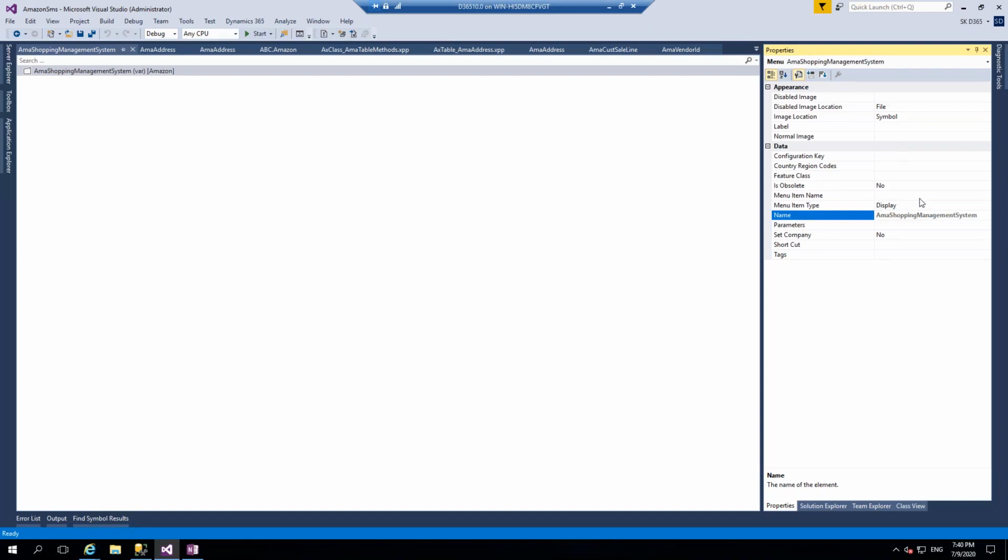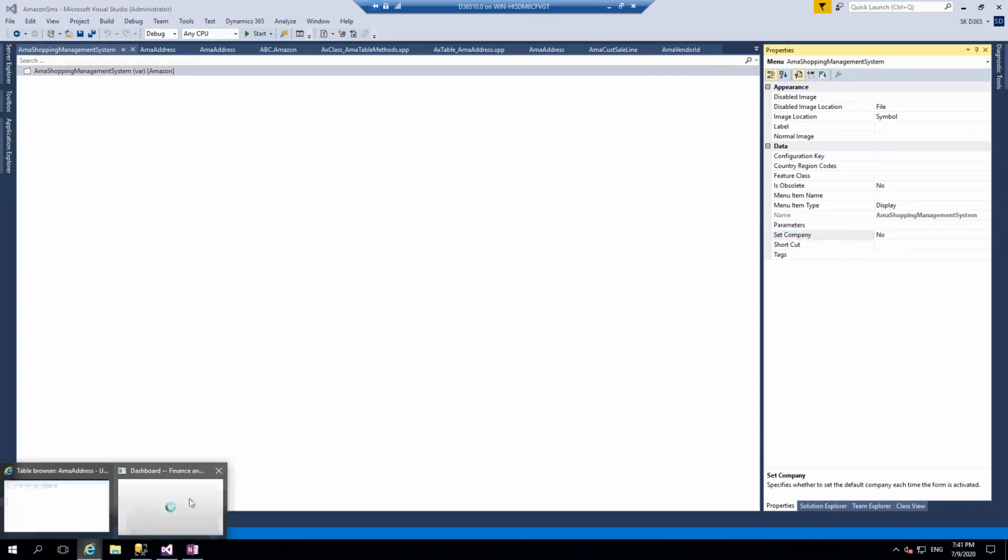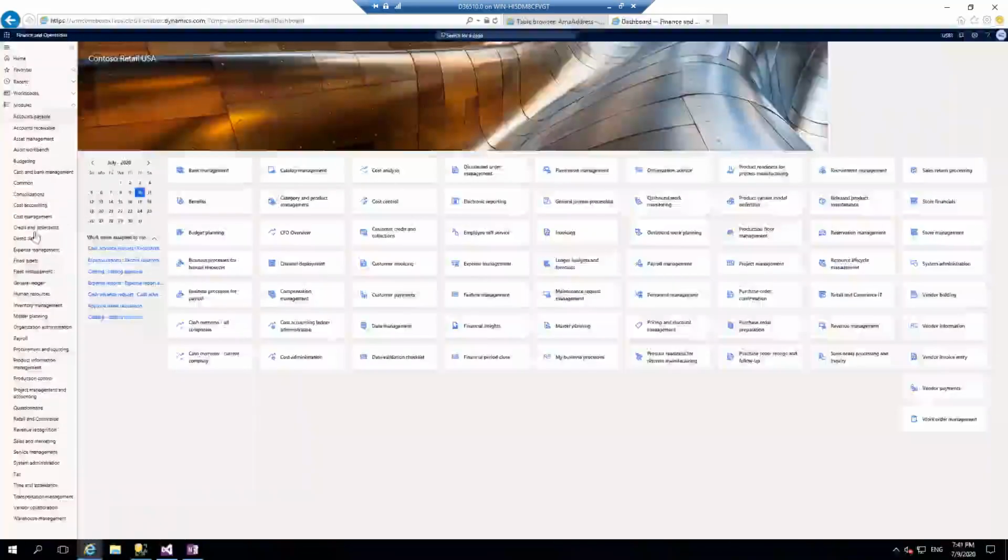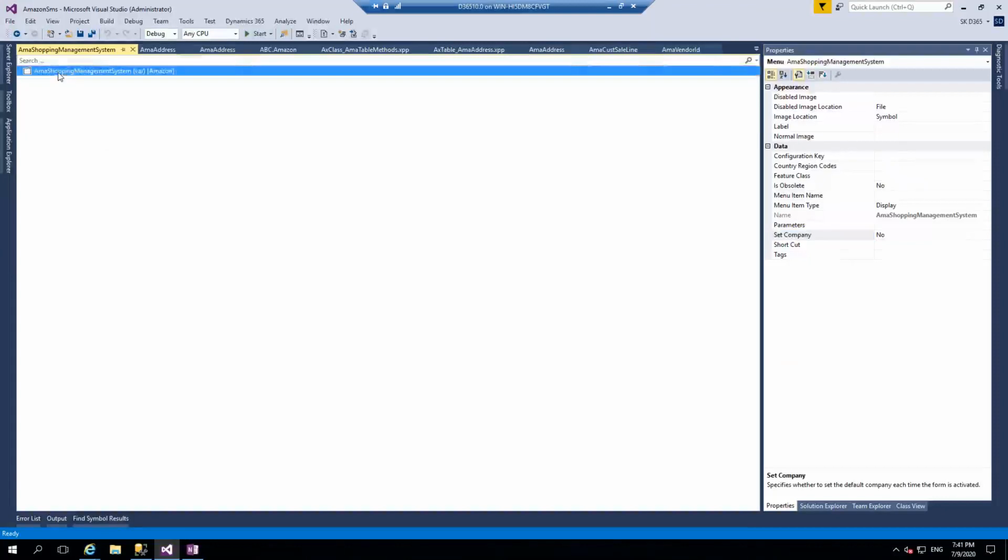For menu, don't set any menu item type. It is not needed. Okay, if you want to specify the default company, then you can set company to yes. But this is also not needed, because menus, if you go to the front end, you can see these are the menus. Okay, now right click on the menu,